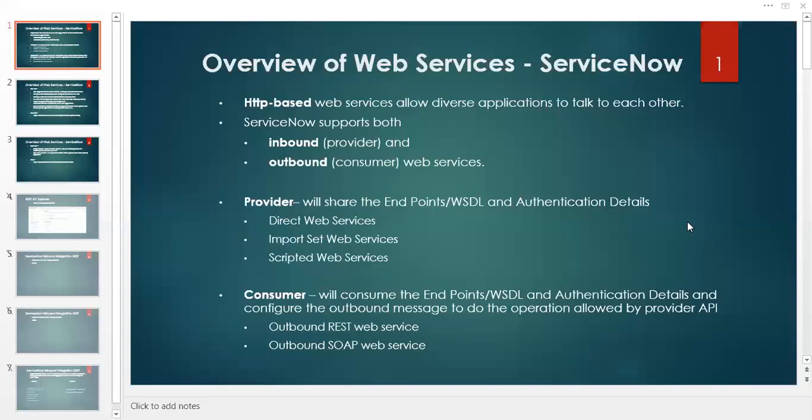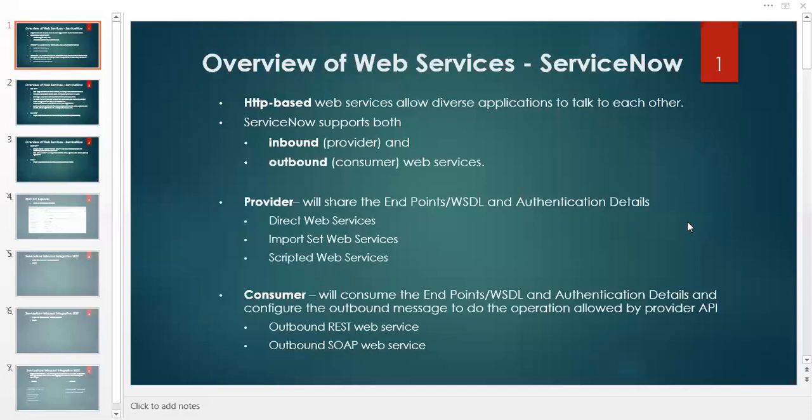No. Inbound and outbound, or provider and consumer, try to remember based on who will be publishing the web service. As ServiceNow needs to have some incidents from Jira, in this scenario ServiceNow needs to publish its API. When I say publish its API, ServiceNow needs to share the endpoint or URL and authentication details with Jira.